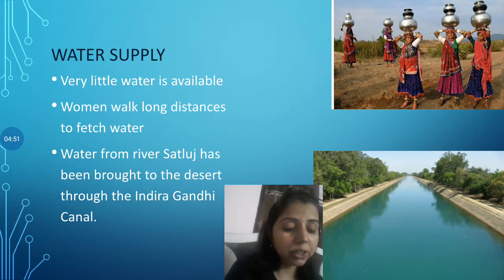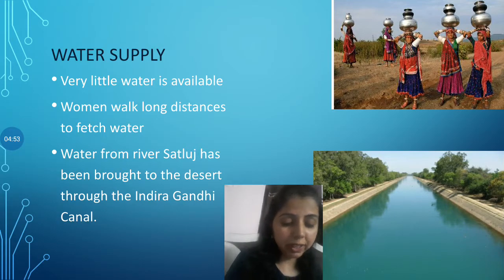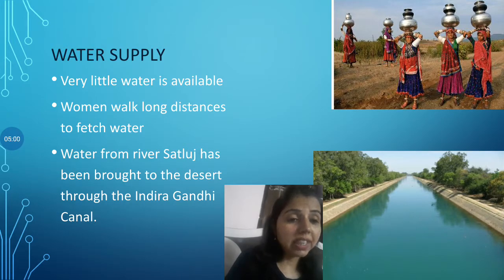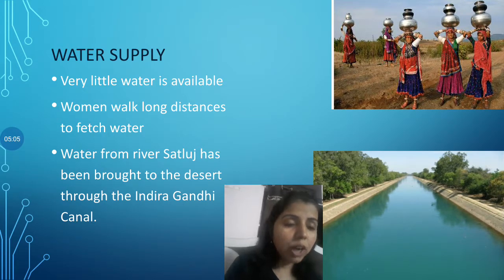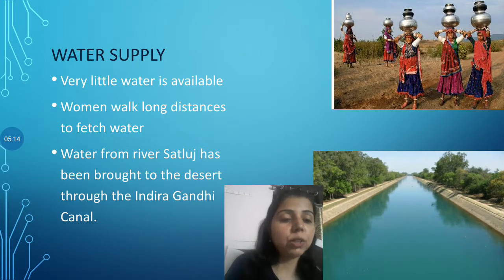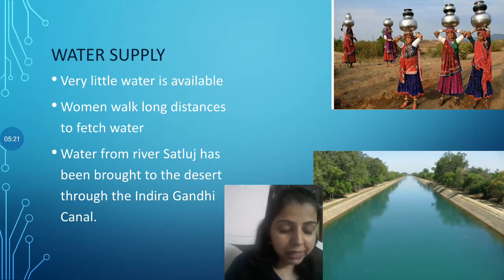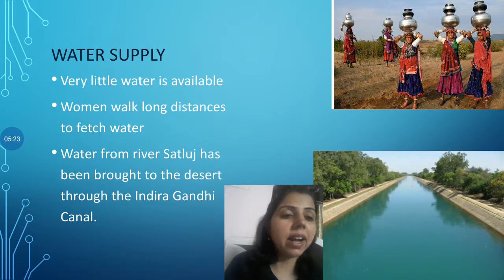The state government is trying to provide water for domestic and irrigation use. Water from the river Satluj has been brought to the desert through the Indira Gandhi Canal. You can see the picture of the Indira Gandhi Canal over here. What do you mean by canal? A canal is an artificial waterway that brings water from a river that might be used for domestic use or for irrigation purposes. Farmers are now able to grow wheat, mustard and cotton because of this Indira Gandhi Canal